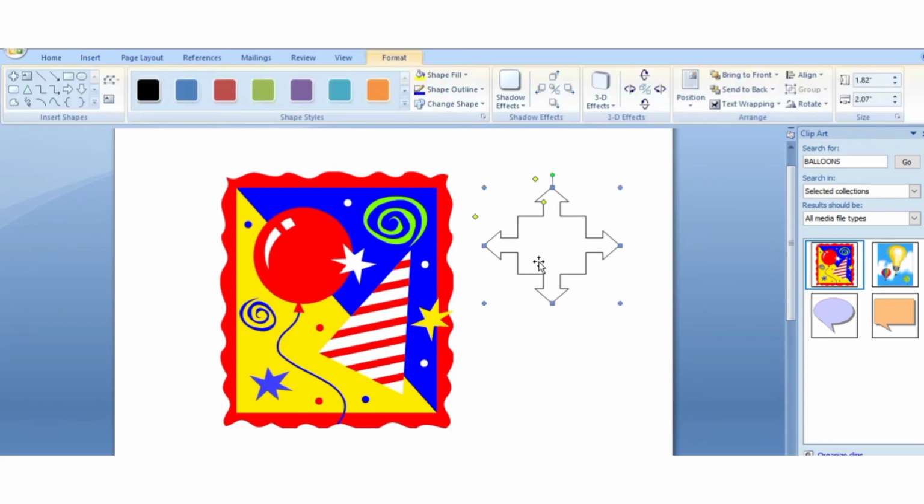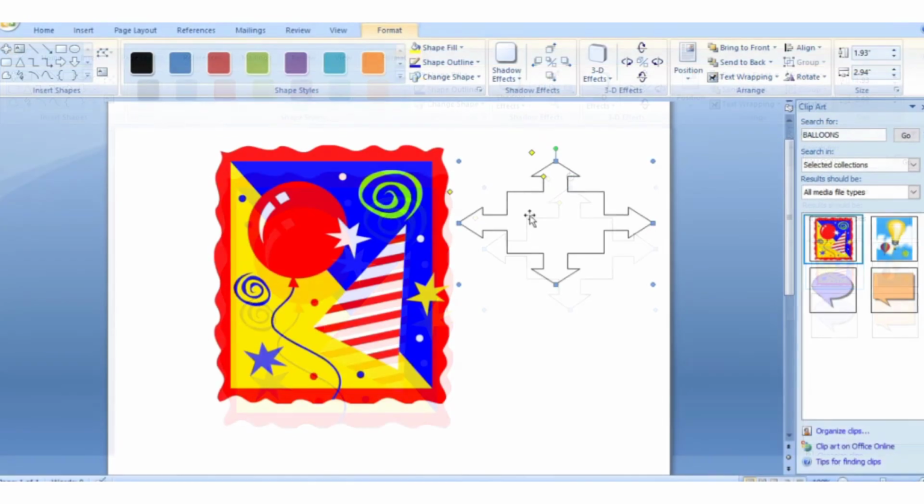As I have used this one, if you want to increase or decrease the size, just put the mouse cursor over these blue dots and drag it towards the size which you want. So this way we can increase or decrease the size. Now you can see here there are 3 different colors of dots. One is blue, another is yellow, and next is green.